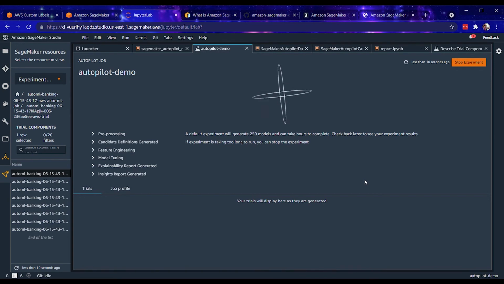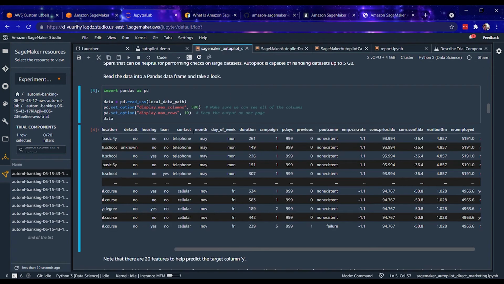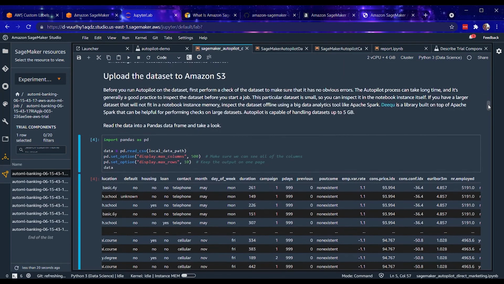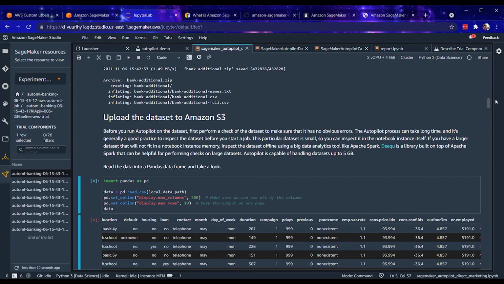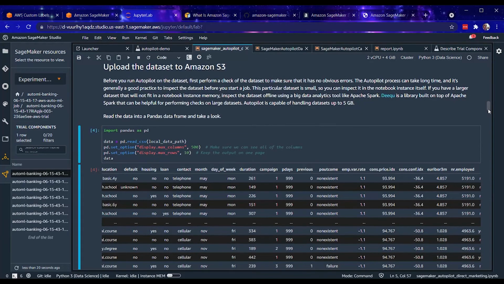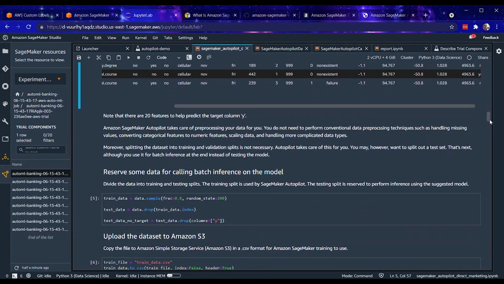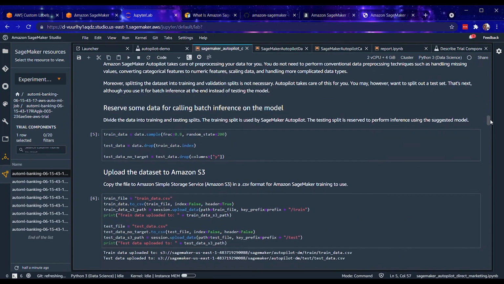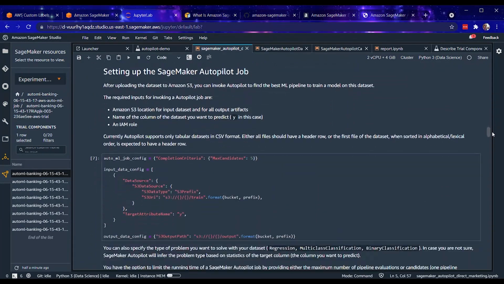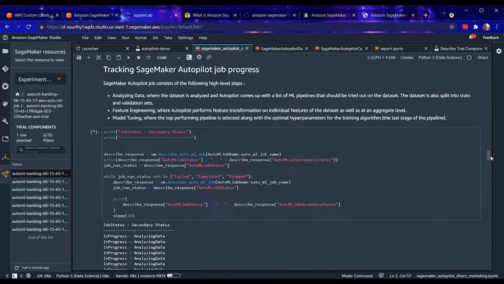Now, this is, of course, using the UI. You're not required to use the UI. So this notebook that I was pulling data from is actually the same thing. It's creating the exact same Autopilot configuration using the same data set. The difference being, of course, that here we are using Python code. And again, because this example notebook is in that GitHub repository I just showed you, I'm not going to spend a ton of time going line by line into the code. Also, that might be a little boring. So let's skip that and get to the interesting parts.